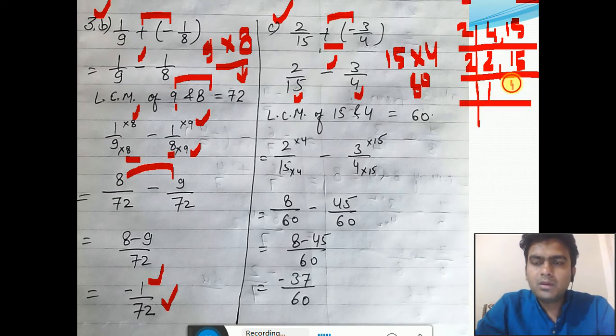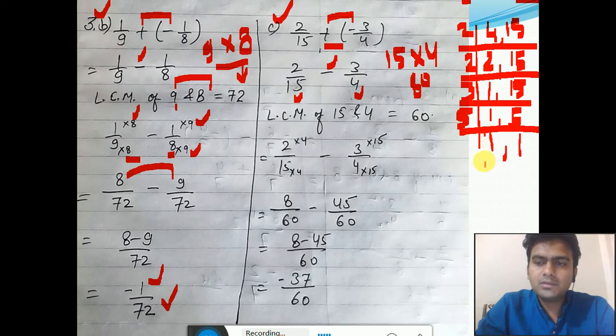Now we will see by which number 15 can be divisible. By 3, 15 can be divisible, so 1 we will write as it is. Now 3 5s are 15. Next step, 5 can be divisible only by 5, so 5 1s are 5. So what is left, 1 and 1 are left, so we will leave it here. Now 2 2s are 4, 4 3s are 12, 12 5s are 60. So our LCM is 60.